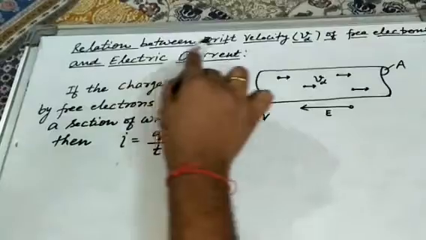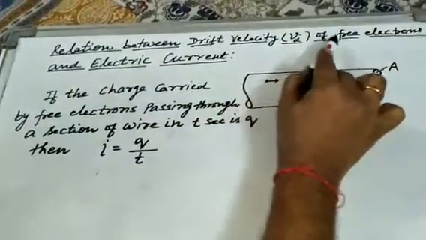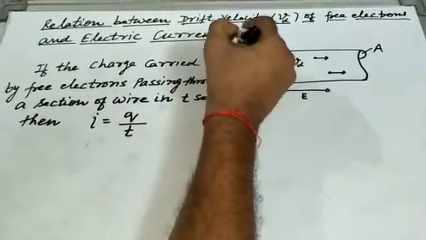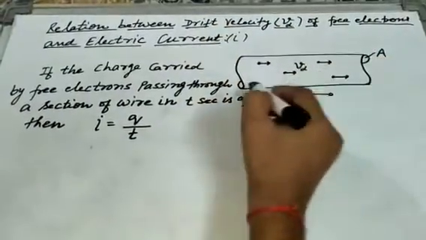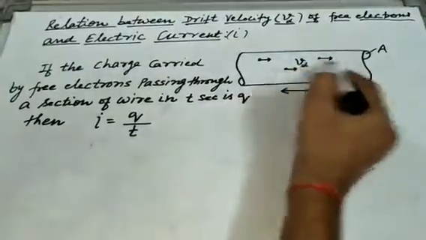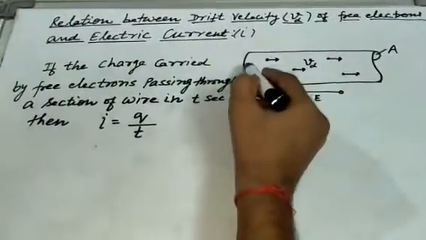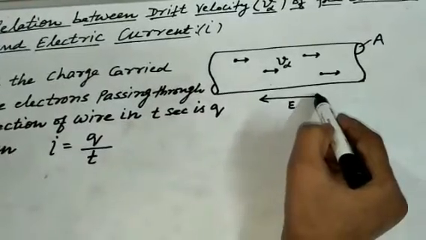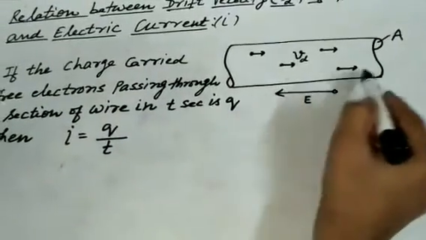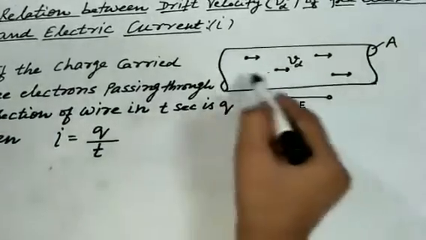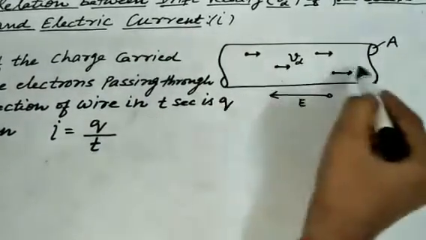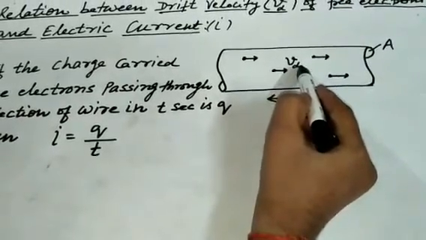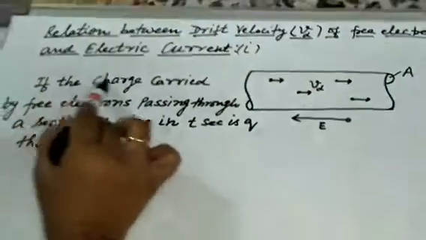Now the relation between drift velocity Vd of the free electrons and electric current I. Suppose this one is a conductor and these free electrons move with the drift velocity Vd when the ends of the conductor are connected through a source, or you can say when an electric field E is established at the ends of this conductor. So all these free electrons will start to move with the drift velocity Vd,